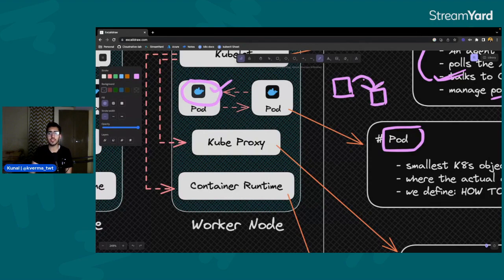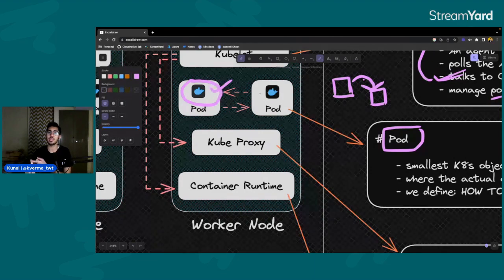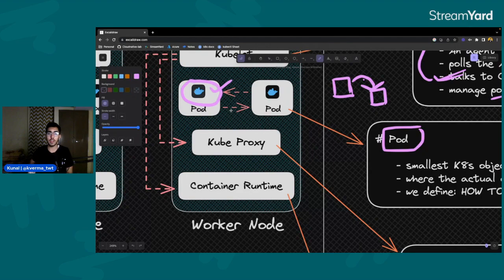Now imagine a situation where you are running these two containers separately, right? You would have to define the network rules. You would have to define how these two will communicate with each other. You will have to define the volumes that they will share, and then connect these to the volume, and all that fancy and challenging stuff that you would need to do.